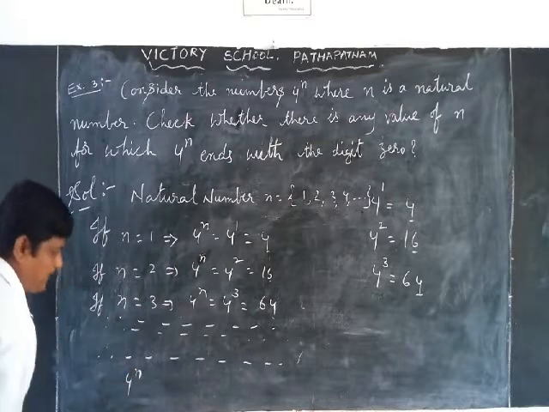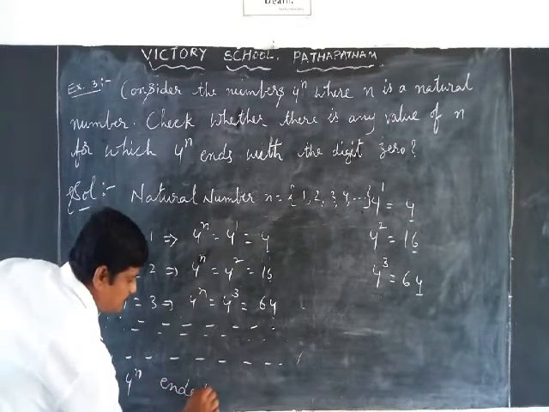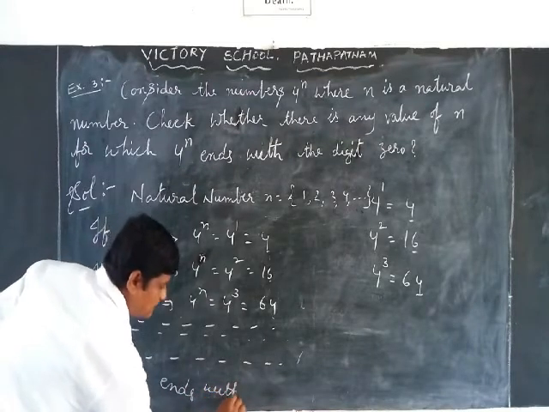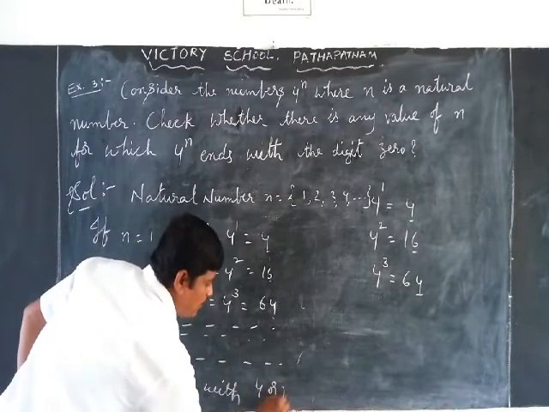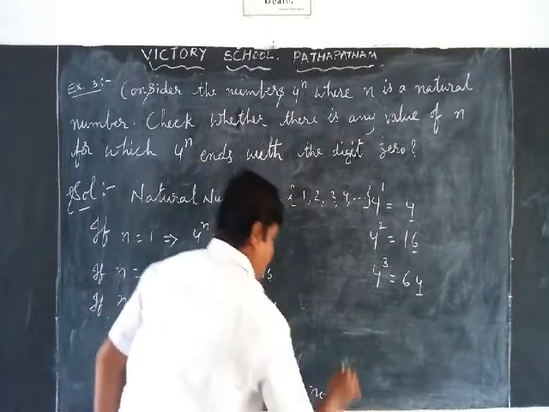4 power n ends with 4 or 6. Not ends with